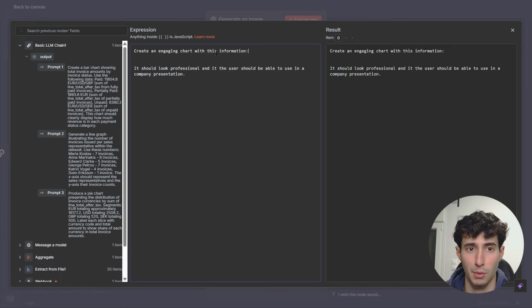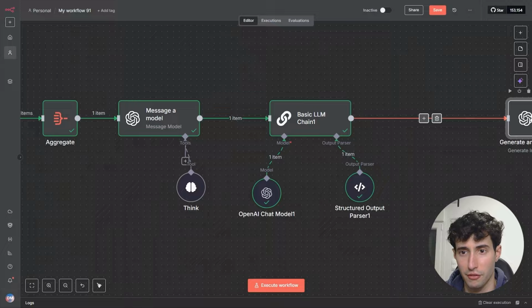But now over here what we need to do is to basically give it access to all 3 of the prompts. But we have a problem here, because if we give it access by stringifying this object, then this node is only going to generate us 1 chart when we actually needed to create 3 different charts. So how we can circumvent that is by first of all deleting this, closing this off, and in between these